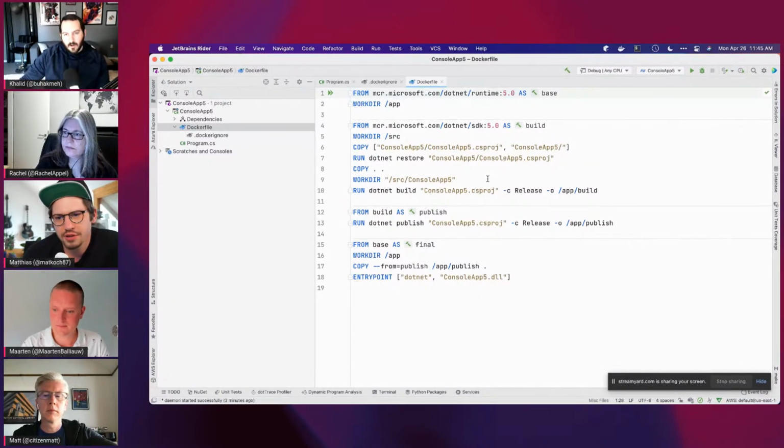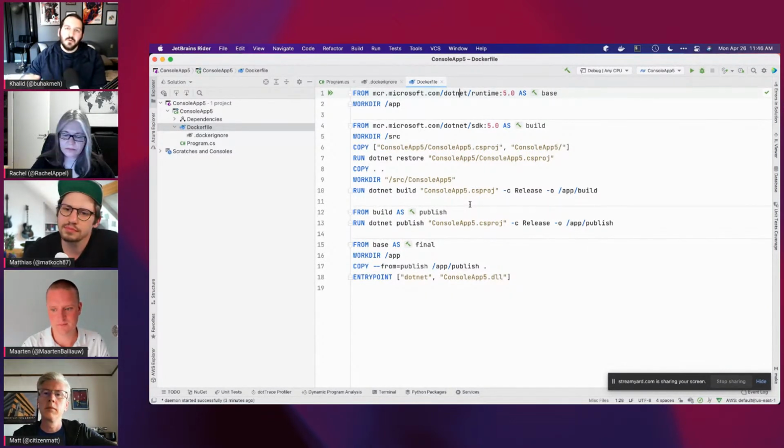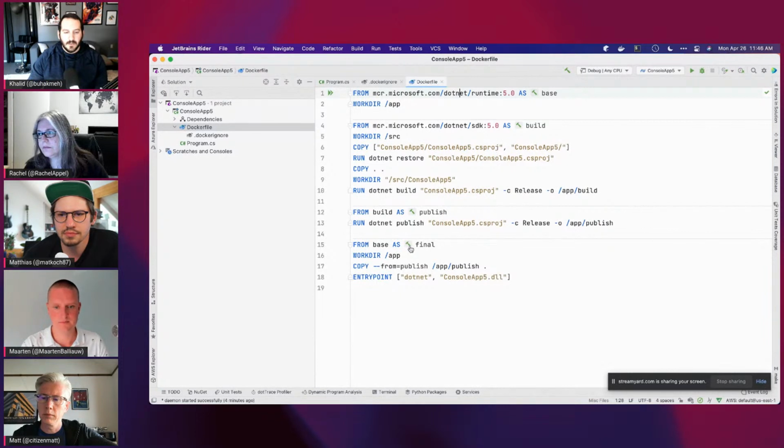So all of these steps basically create intermediary images. The way Docker works is it's almost like Git, right? Each layer is an immutable read-only layer. And ultimately what we're doing here is we're building these layers. The fact that they're dependent on each other, so final needs to use publish and publish needs to use build,